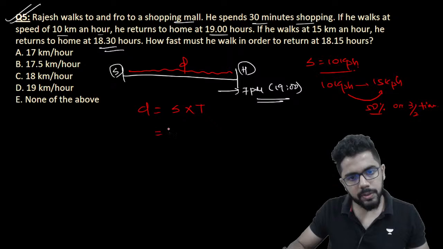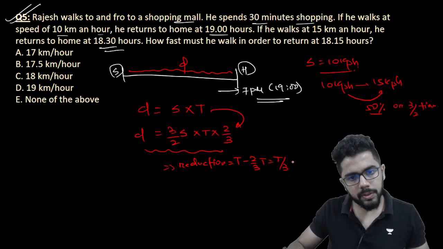Now think about this. If I'm making speed 3/2 times of itself and distance is constant, time has to become 2/3 times of itself so that the distance stays constant. Speed has become 3/2 times, so time has become 2/3 times. So there is a reduction in time. What is the reduction in time? Time from t has become 2/3t, so the reduction in time is t/3, which is given as